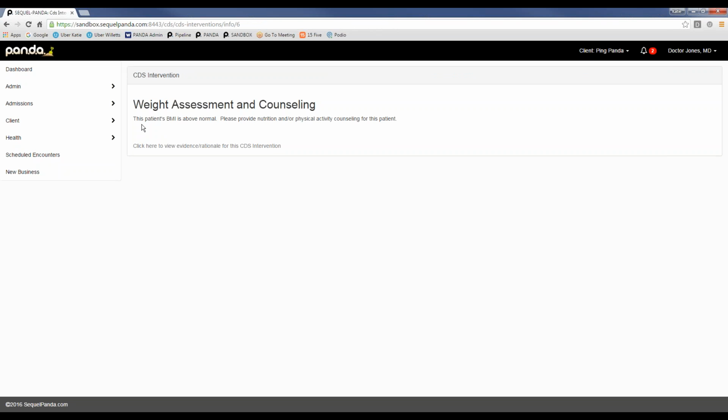Here's the recommendation. This patient's BMI is above normal. Please provide nutrition and or physical activity counseling for this patient. That's it. It's not telling you you have to do anything. It's not forcing you to do anything. It's not interrupting your workflow. We definitely wanted the alerts to be really subtle but available. So if you choose, you can provide nutrition and physical activity counseling to Ping because he's noted as having a